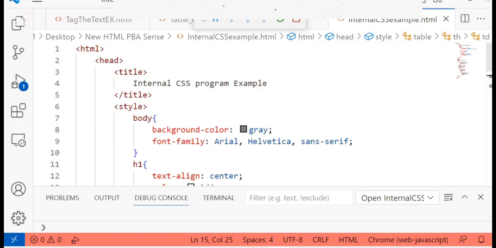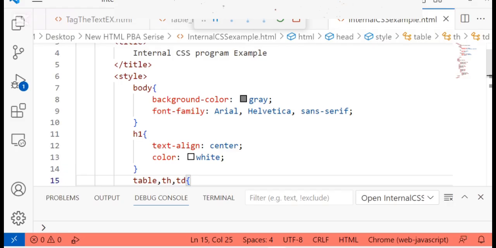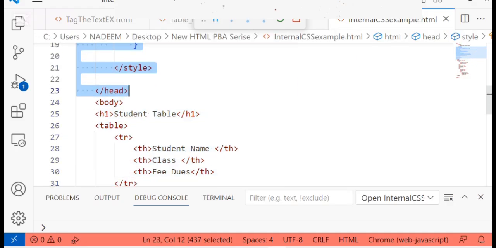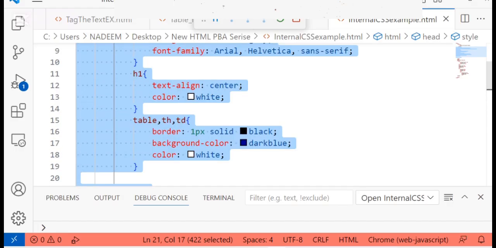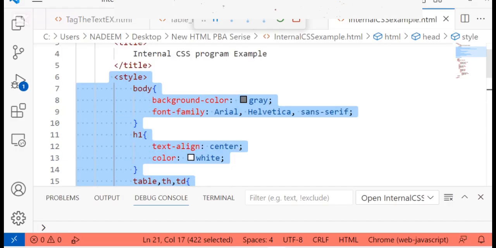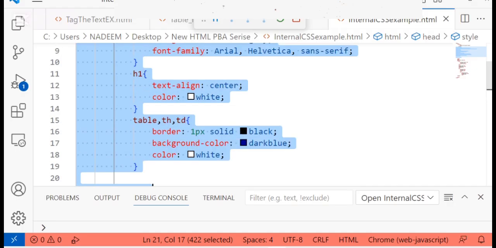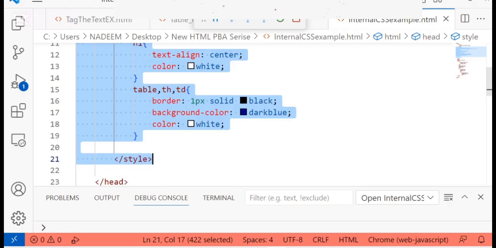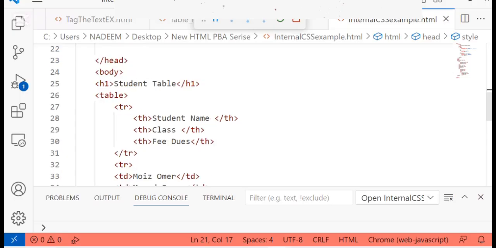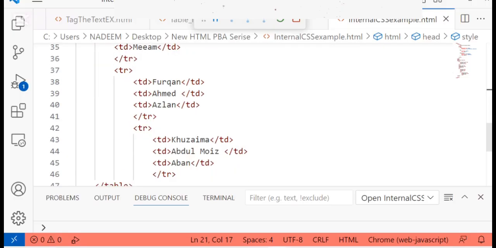Within a single style tag I have applied style on 3 different elements. And you remember in our previous lecture in inline CSS, we just applied style on a single element instead of multiple elements. So this is basically the difference between inline CSS and internal CSS.